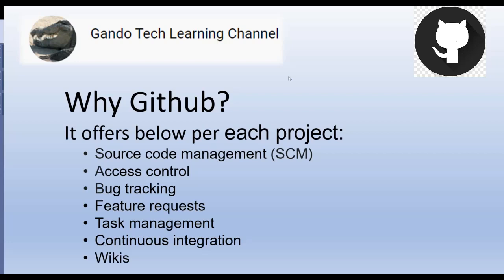But by uploading your source code there, you can have it forever. And you can put some access controlling or permissions there, so every user collaborating on that Git account has certain permissions,